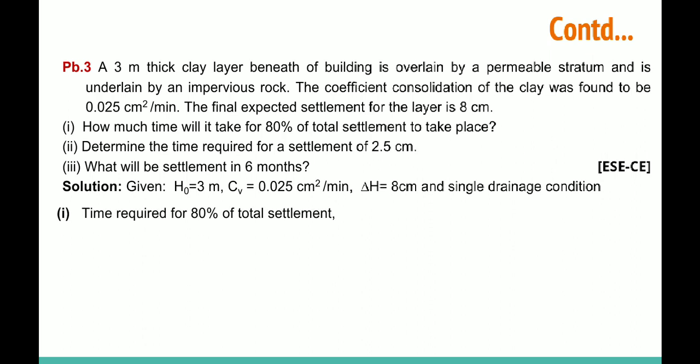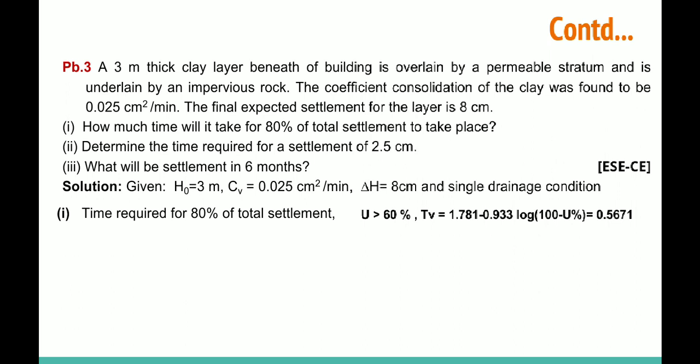This is an example of a single drainage system, because the bottom layer is impervious rock. Impervious rock means water cannot flow through it. For U greater than 60%, we cannot apply the formula for time factor, that was pi by 4 into U square. So we have another formula to apply for a degree of consolidation greater than 60%. So for 80% degree of consolidation, by applying this formula, we have the time factor